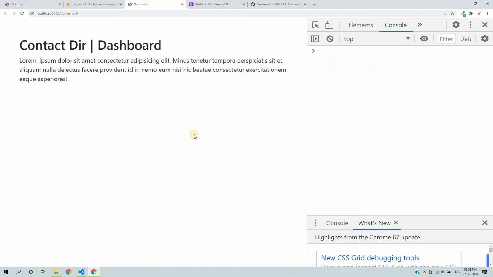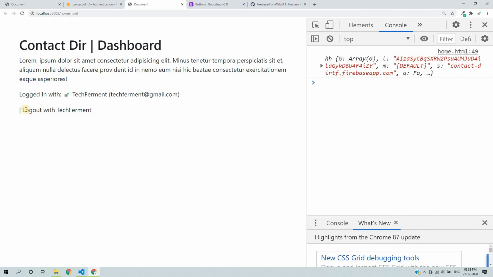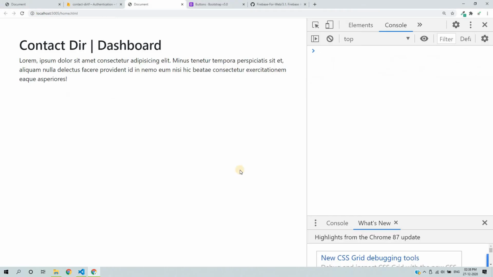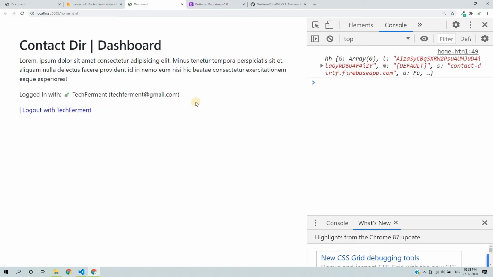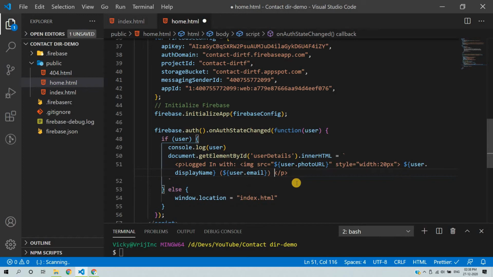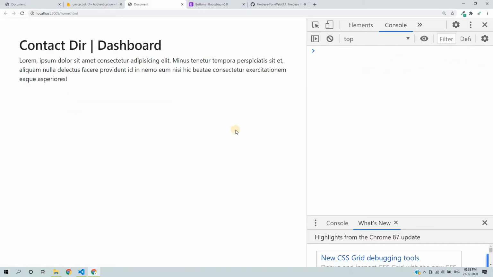So we will use this method. This is a button, but right now I'm not using an href tag, so we can add some style like color equal to blue. So color is blue, or you can cut this logic and paste it here so that it will be in a line.